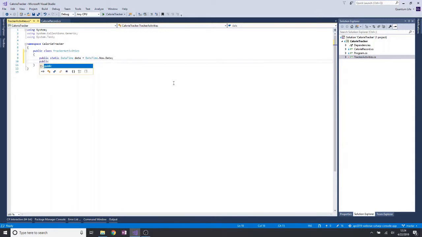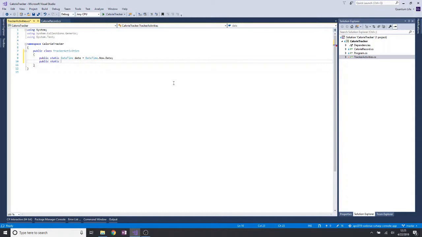And our next variable is also going to be another public static, so we can access it outside of the class. And this one is a little different. So we want to make a list of all of our calorie records for the day or the month, however long. And the way we're going to handle that is by making a list that we add records to. So how we do that,